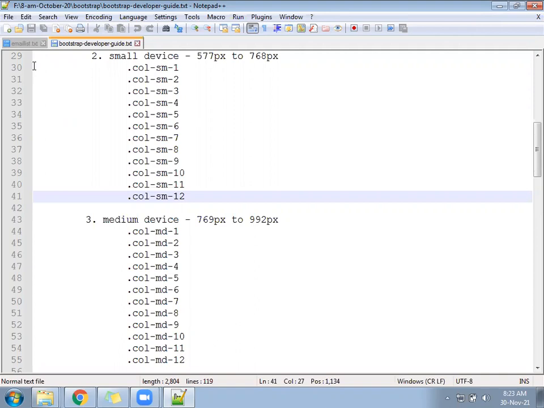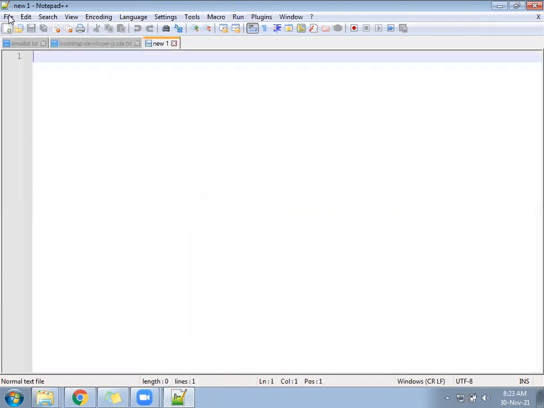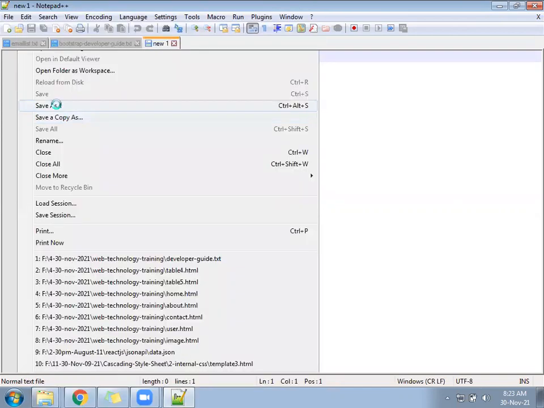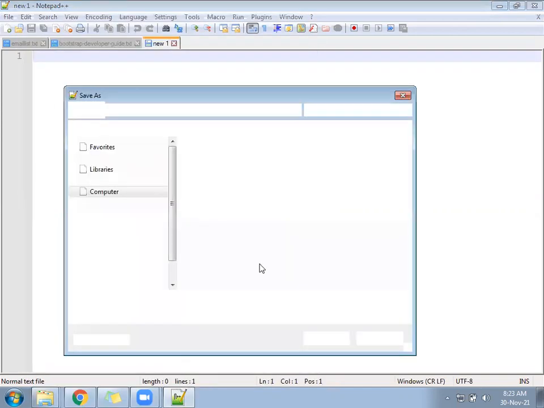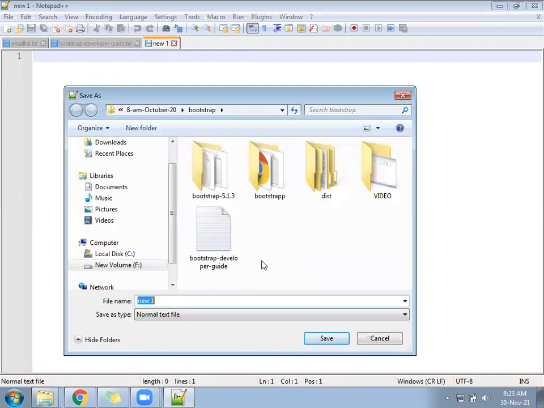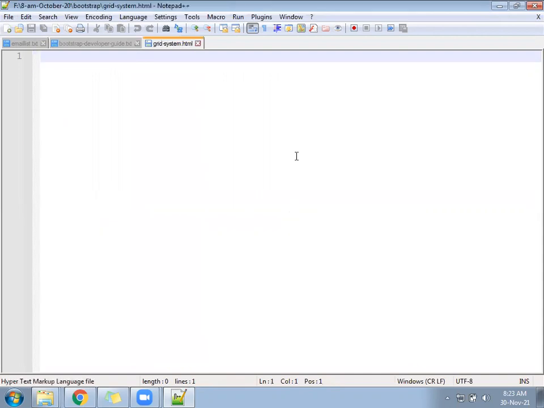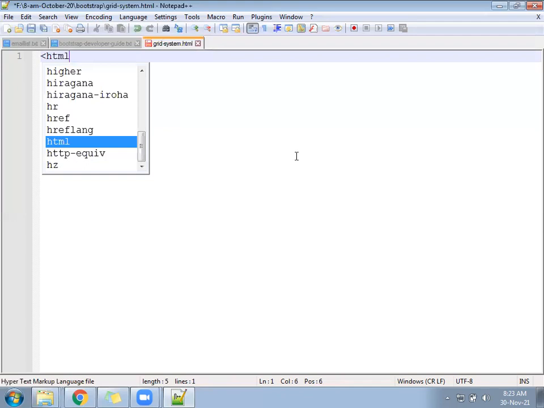In the Bootstrap folder only. Gridsystem.html. HTML open, close.